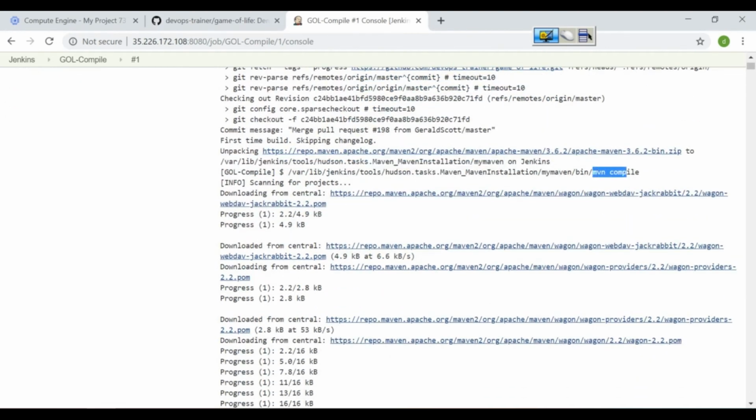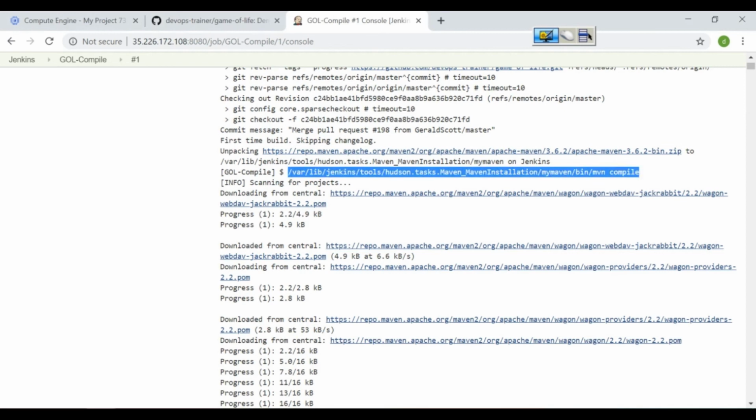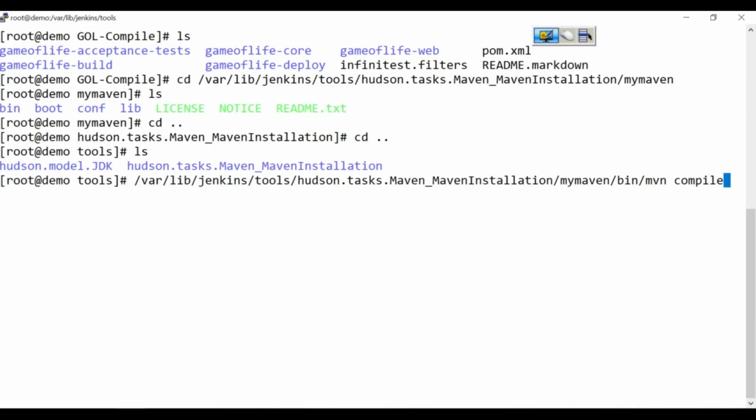And like I said, it is same like mvn compile. If you go to the bin and execute Maven compile, this is how it works. See, it's from the backend, this is the command that is executed, mvn compile.